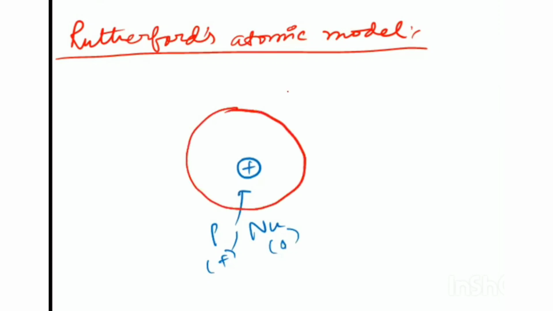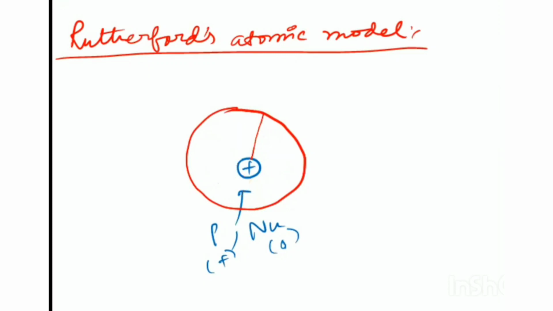And he also said that from this nucleus to the atom's edge, this space is empty. Okay. In an atom, the space is empty, only the nucleus is present. And from the nucleus to the periphery, this distance is very large. For example, if the nucleus is a tennis ball, the periphery is situated 5 kilometers from it. So you can guess how far away from the nucleus the periphery is.